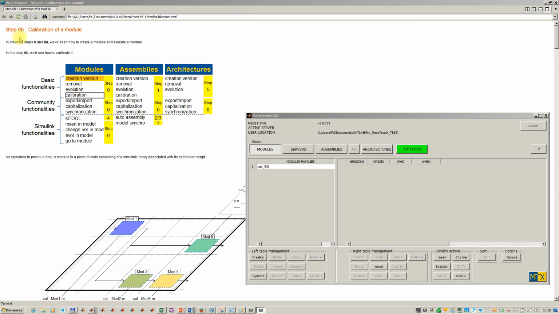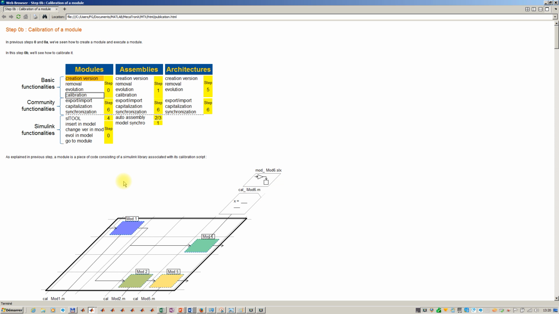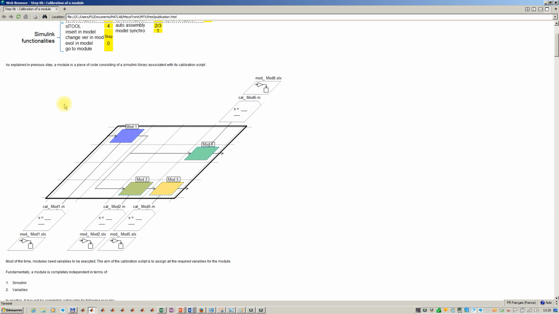So in previous steps 0 and 0a, we've seen how to create a module and execute a module. In this step 0b, we'll see how to calibrate it. As explained in the previous step, a module is a piece of code consisting of a Simulink library associated with its